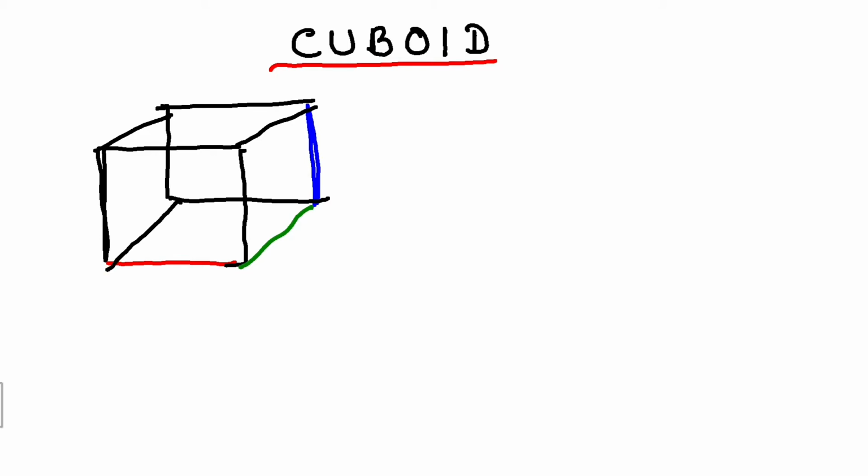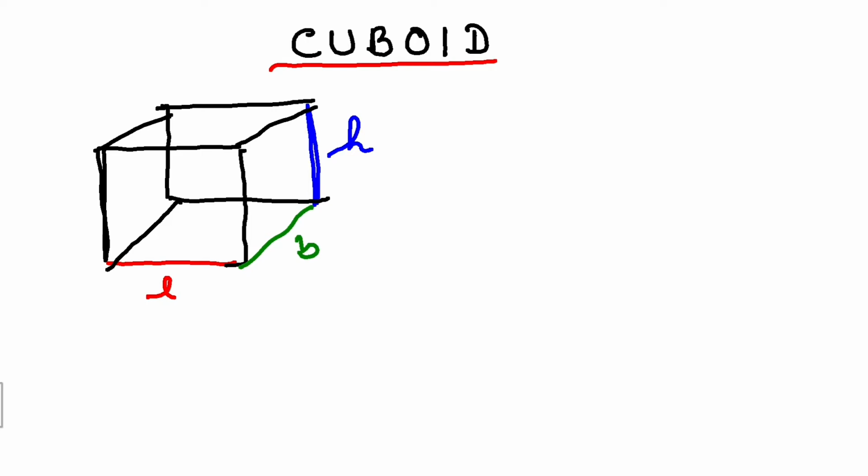and I have marked three different colors as you can see over there: red, green and blue. There is a reason for that. The red one is the length of the cuboid, the green one is the breadth of the cuboid, the blue is the height of the cuboid. As you know, the cuboid has 6 surfaces,